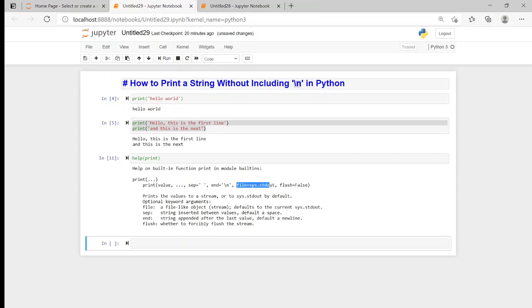File equals sys.stdout. So what this actually means, this stdout actually stands for standard output pipe, and what this is saying is this is telling Python where it wants the output to be sent. So it's telling Python that in this instance we want the file to be sent to the default, which is our